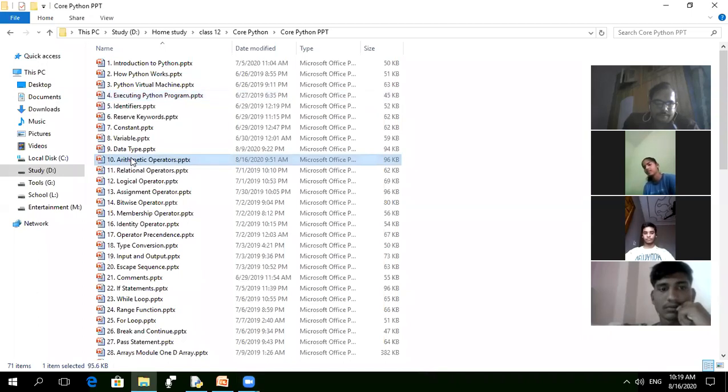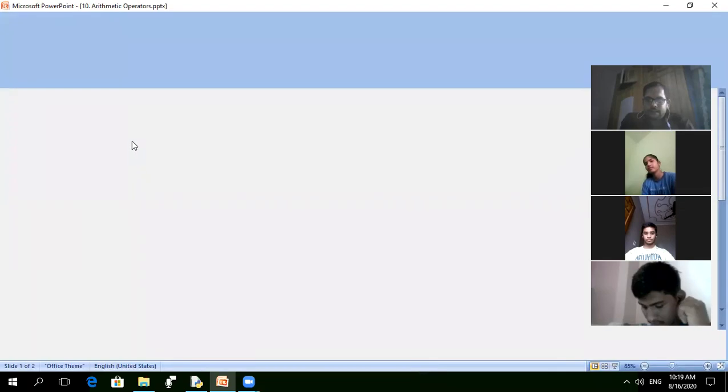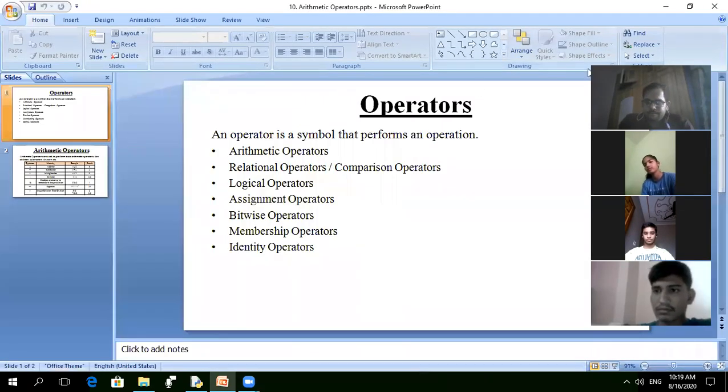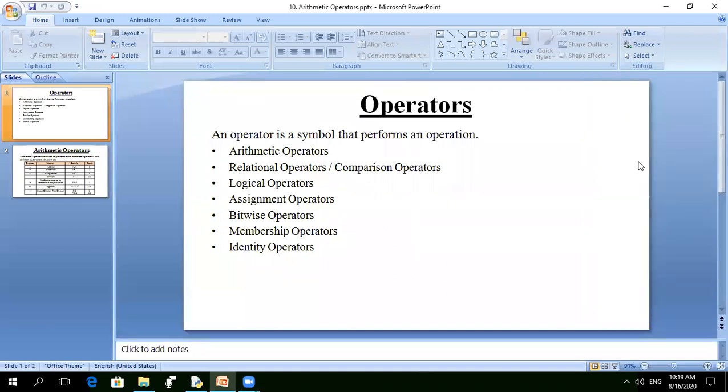Now see, first operator, this is called arithmetic operator. Operators are basically used to perform some operations on the given operands. Operands may be a single operand, or more than one operand. If we are talking about one operand, that operator is known as a unary operator. It is not given in the list. Unary operators you know very well, like unary plus and unary minus.